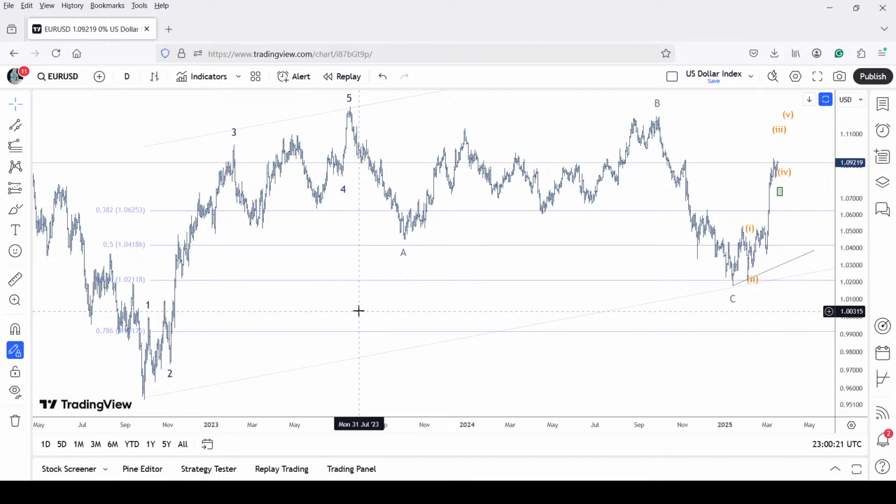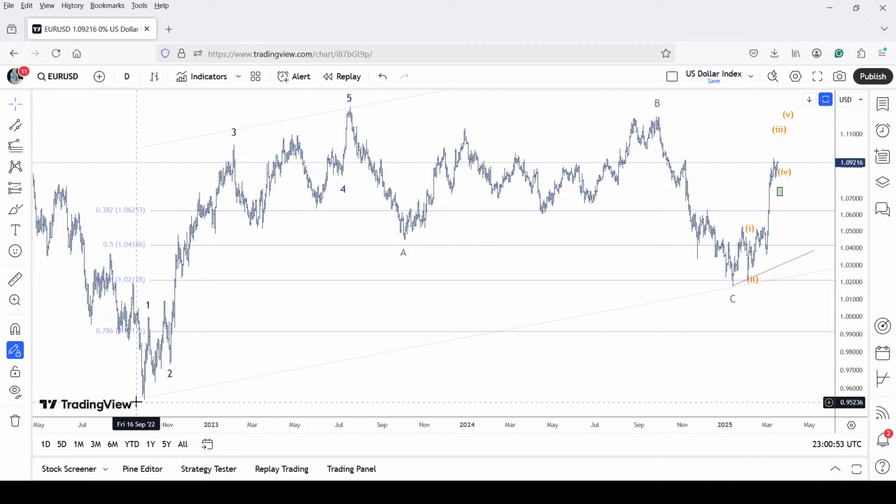So let's get started straight away with the Euro USD daily chart flashing up on your screens. Prices have again pushed higher towards 1.0920 in the past few hours. It looks like a lower degree impulse wave. We'll come to that later on. But just to begin the day, it is once again confirmed, and we stick to our previous observation of Euro